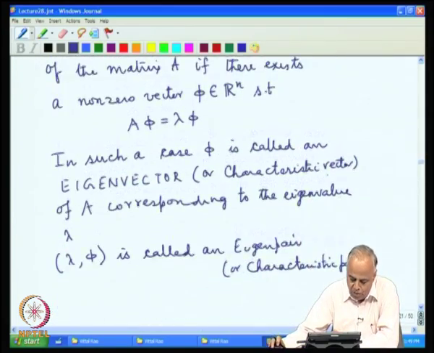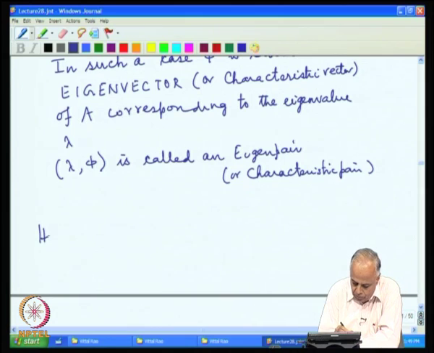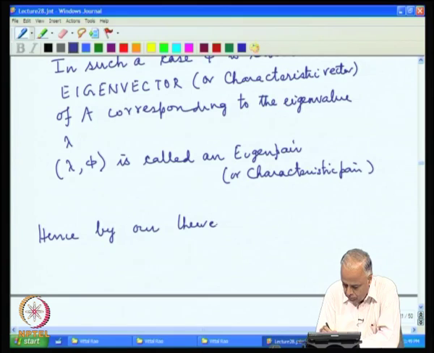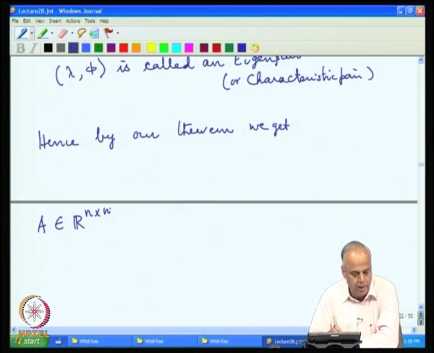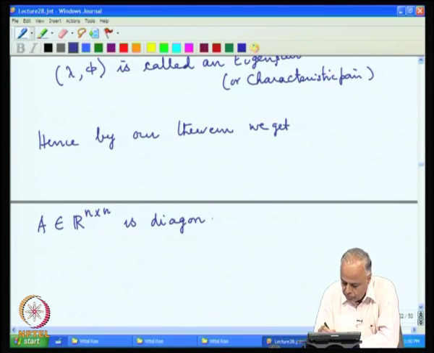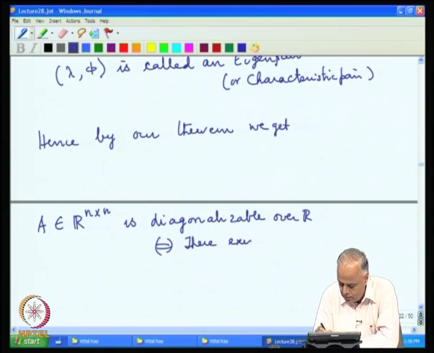So, the theorem can now be written as follows. By our theorem, in fact, the theorem can be rewritten in this language as follows: A belonging to R^(n×n), that is, A is a real n by n matrix, is diagonalizable over R if and only if there exist n eigenpairs